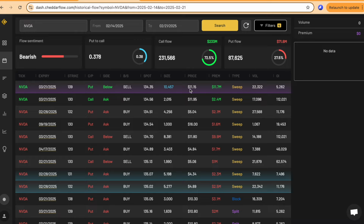It doesn't mean that this has to rip in the opposite direction, but generally speaking, we do see these large premium orders, singular prints that is, tend to go in the direction of whatever strike they chose, in this case